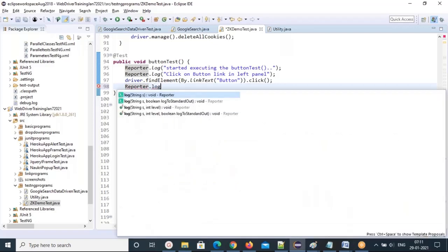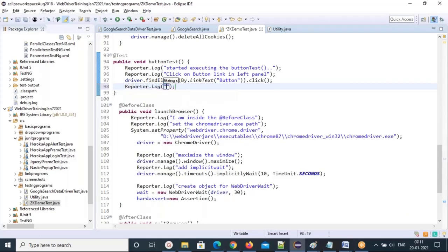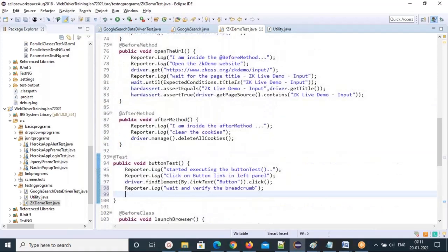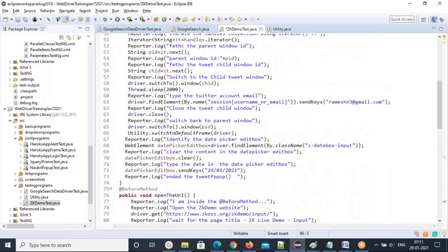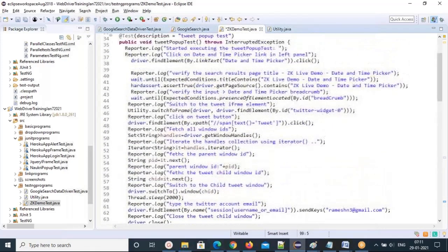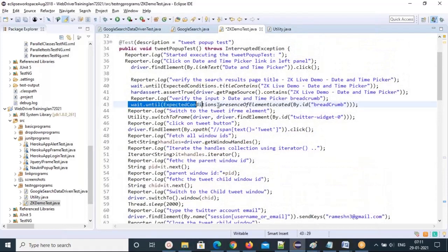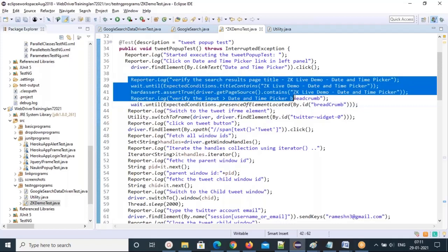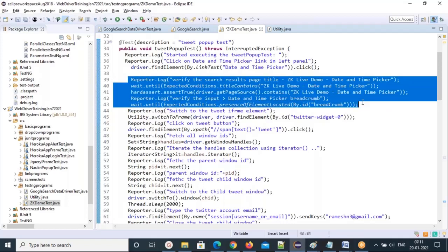Reporter.log: wait and verify the breadcrumb first. I think we have done this already, right? Here we have done the breadcrumb related. Yeah, here it is. And page title validation also you can do. So these two lines I'll just copy and paste from here.